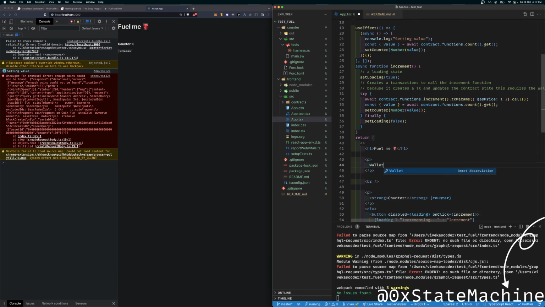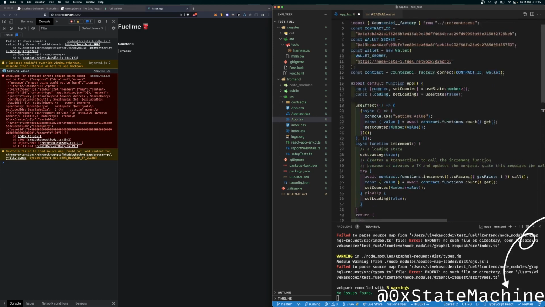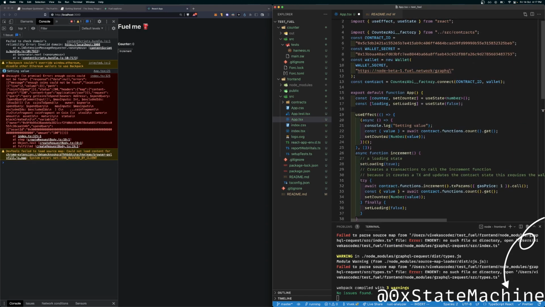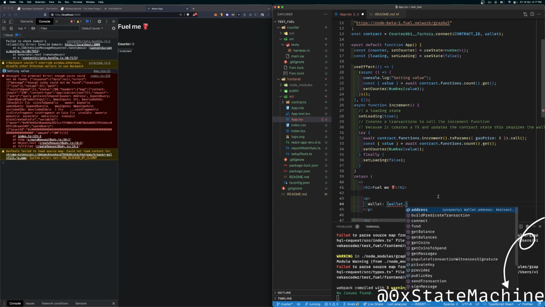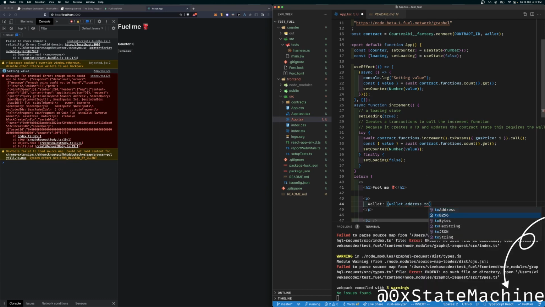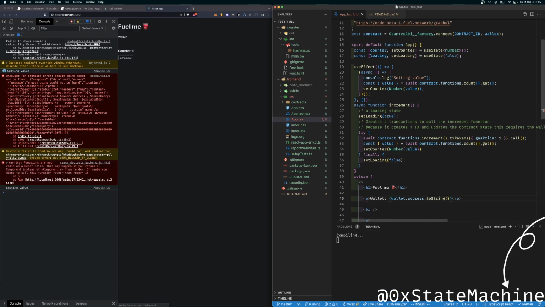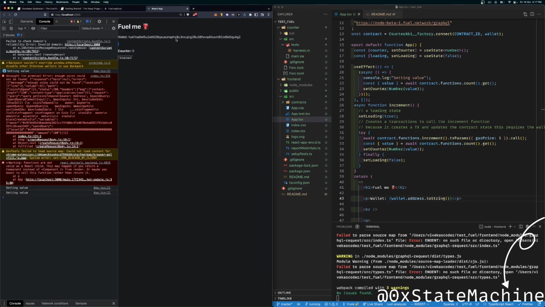P wallet, and we're gonna do, where is wallet? This is wallet secret, and can I access the public key using this address dot to string? Yeah, this is what I was thinking.